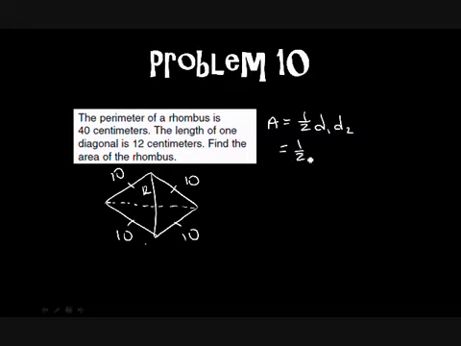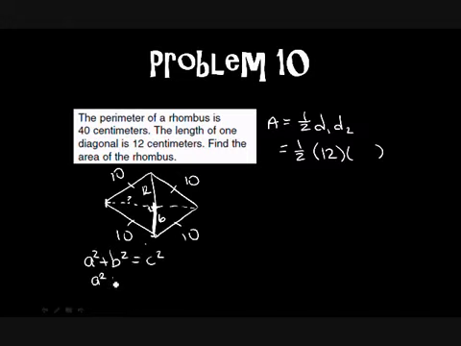And so far we have the 12, but we don't have the other one, so we're missing that. Okay, so here would be a right angle. I know that just this distance right here is going to be 6 because it's half of the whole diagonal, and I need to know what this right here is. So I'm going to set up the Pythagorean theorem,